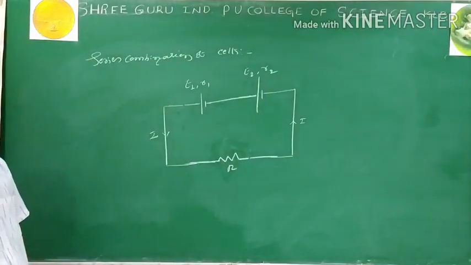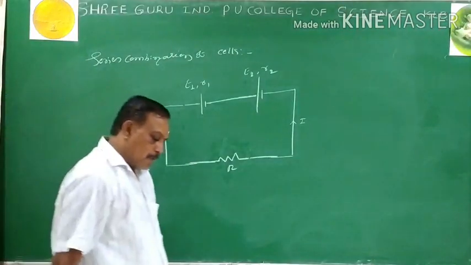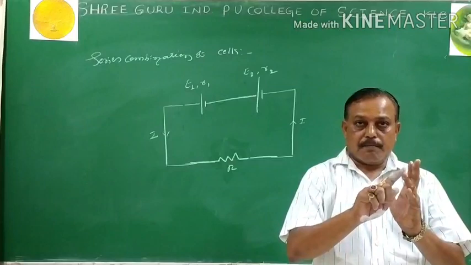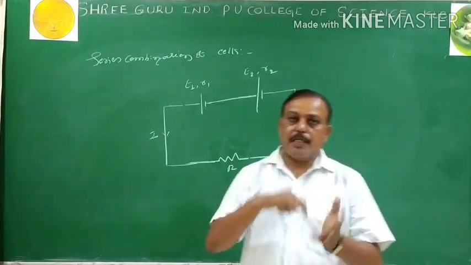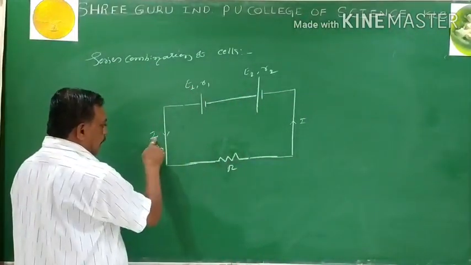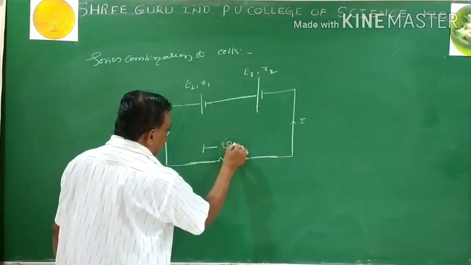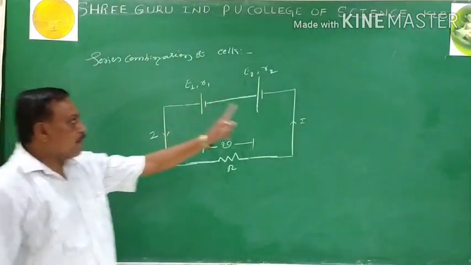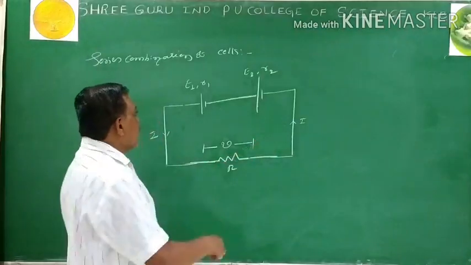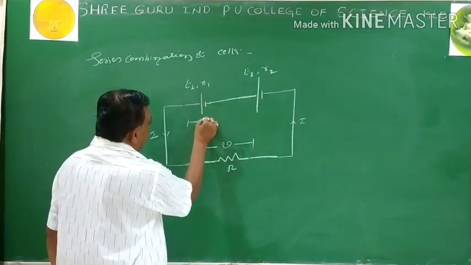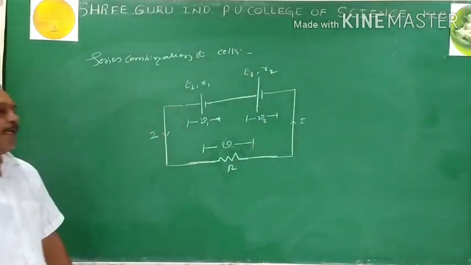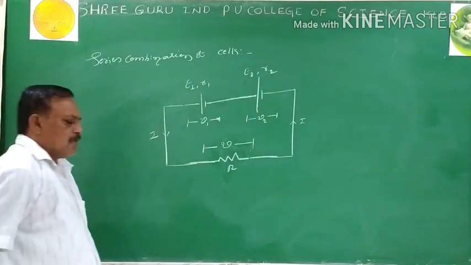Right? In a series, as we studied earlier with capacitors and resistors, in the series combination voltage divides and current remains the same. Then we set the equation for the divided quantity. The same concept I am using here. The potential difference across the external resistance, I into R, is V. There is a flow of current through the internal resistance R2 and through R1. In series, the current remains the same. Hence there are potential differences V1 and V2 due to the internal resistances across the cells having EMF E1 and E2. Are you getting the point? The same concept I used.